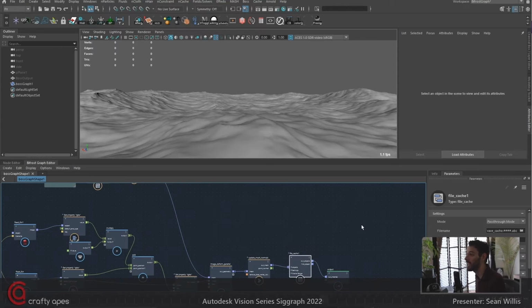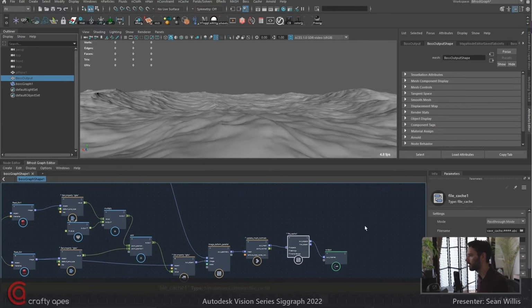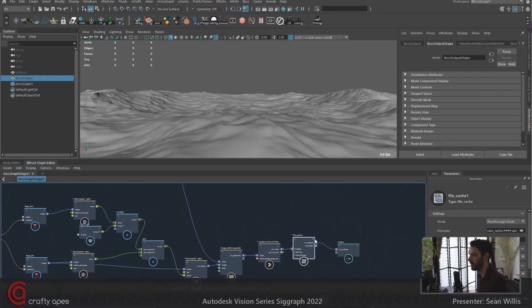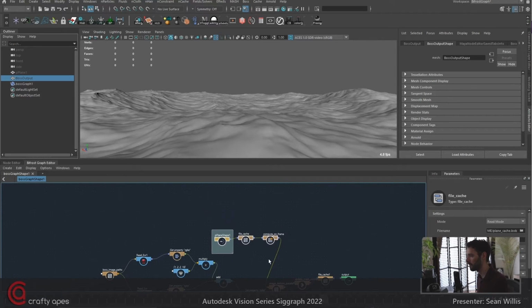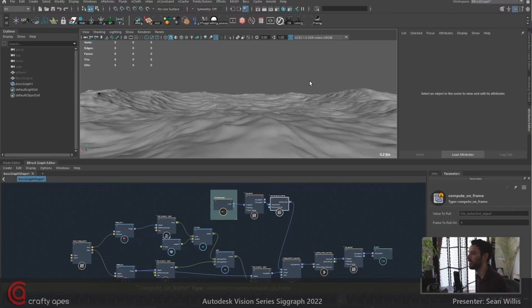And of course, I can also cache this. So the thing about Boss is that you'd have to export out to an external cache every single iteration. And here, you can just cache it, play it back, and then make iterations. There's no throwing it out and bringing it back in. It's a bit more convenient. I mean, that's literally what we're doing. We're throwing it out and bringing it back in just twice now. But if you're like me and you want the speed and you're comfortable in the graph, this is a much better area to do that.